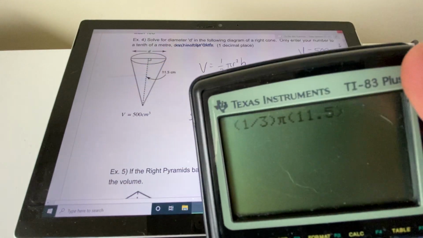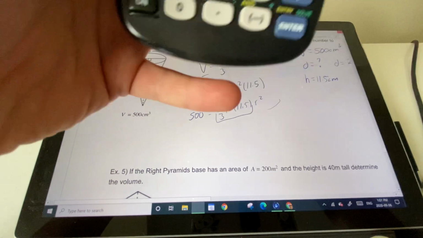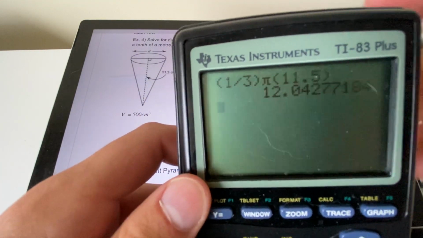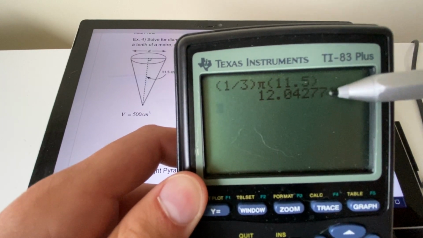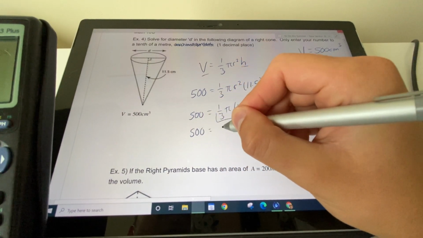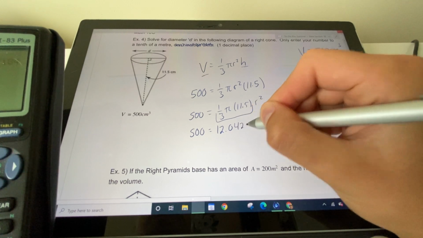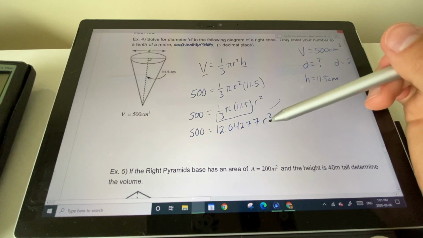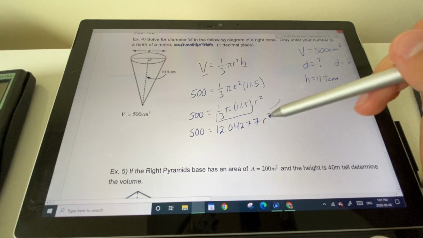So everything's bracketed. Practice putting that in your calculator, please. So 11.5. And we're going to get 12.04277. So I'm going to round this to quite a bit. I'm going to go all the way to this 7 here, okay? So 500 equals 12.04277 r squared, okay? Now again, get rid of the things that are multiplying first and then deal with the